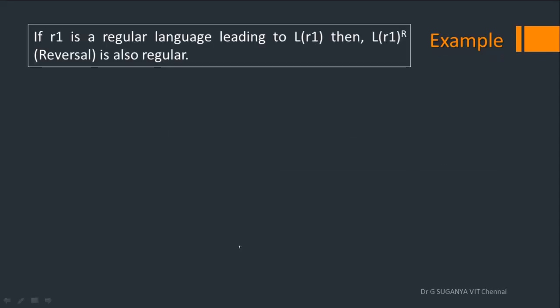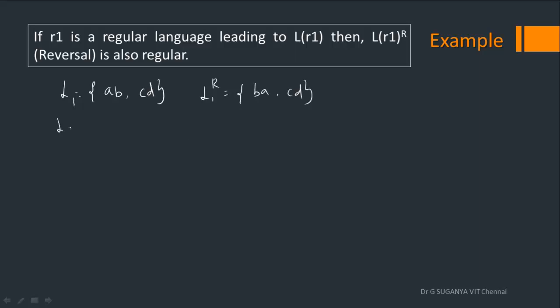Let us start with the reversal operation first. So what's the reversal operation? We'll start with an example. If I'm giving a language L1, which has 2 strings, AB, CD. What is L1 power R, the reversal of that? Just every word we have to take, and start writing from the rightmost character, moving towards the left. That's it. So we'll end up with 2 words, BA and DC.